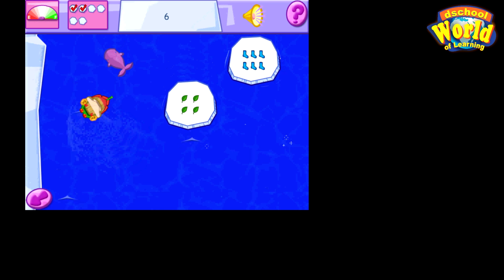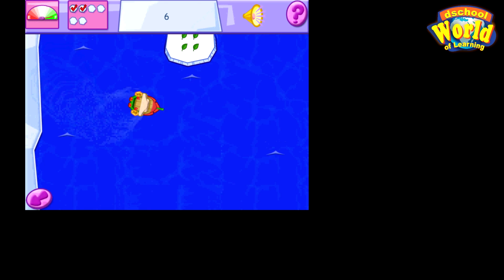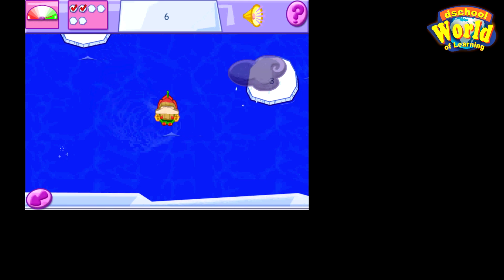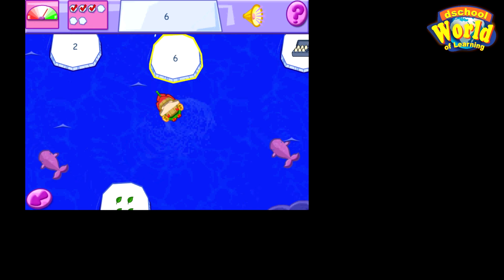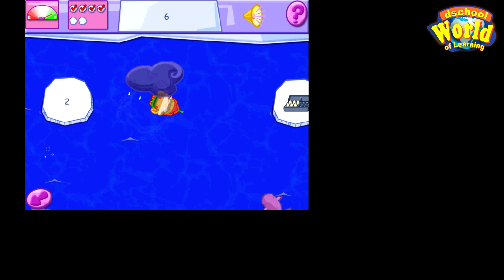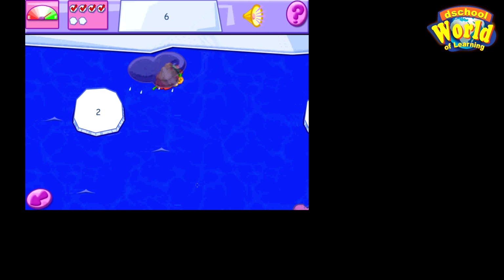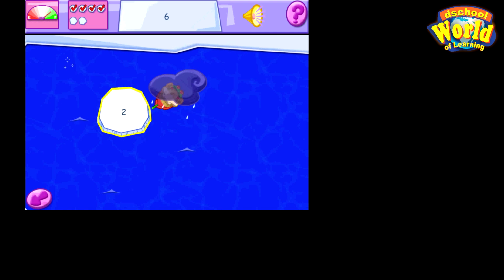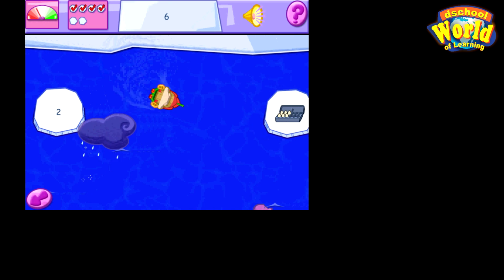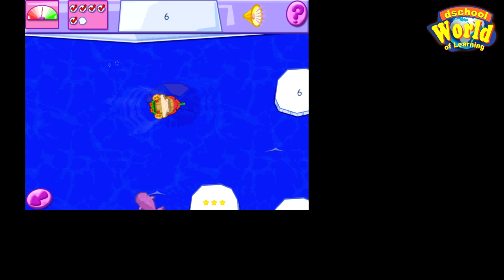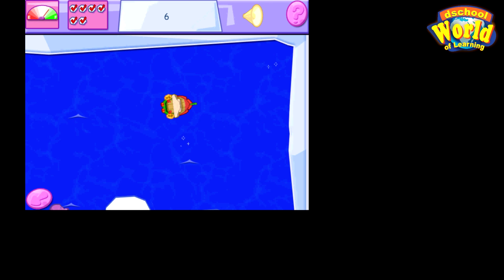So we are looking at the number 6. Avoid the wells, okay, and make sure you take note of your fuel gauge at the top left corner. If you go through the storm, you find the boat is actually being slowed down. If you go inside the storm and your fuel is going out, make sure you don't run out of fuel and you crash all the icebergs. The correct icebergs.